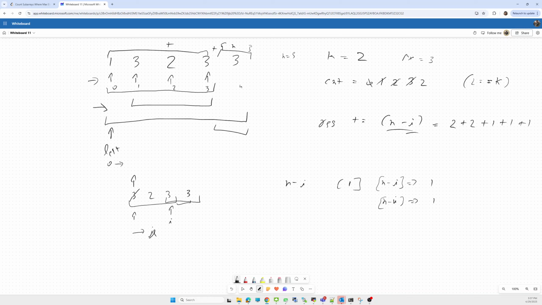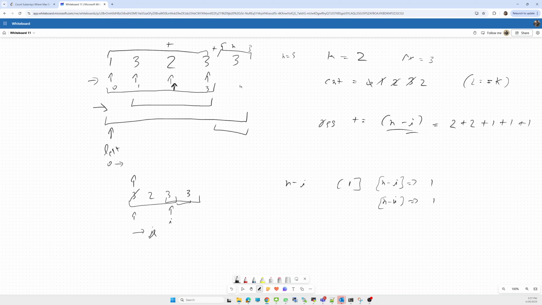Then what we did, we have to move this right. We already moved this count here. We did not count this one twice.